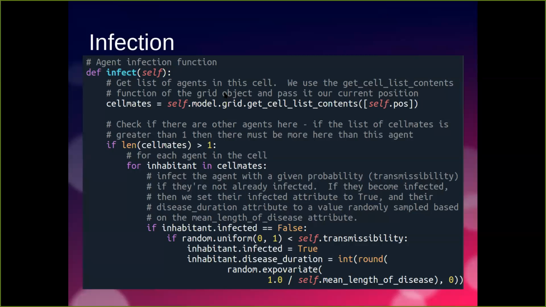So, where were we? Right, yes. We're checking to see if there's more than one agent. If there is, then we're going to use a for loop to go through each of those agents within that cell, including myself. And you might be thinking, well, hang on, I can't infect myself. It doesn't matter, because the first thing we're going to do for each of these agents in that cell, infected or not, is check if they're not infected,